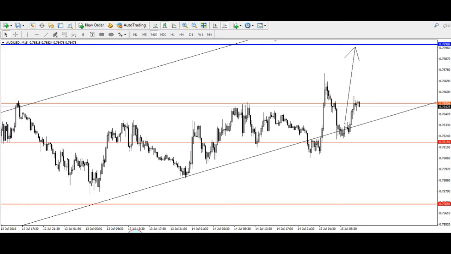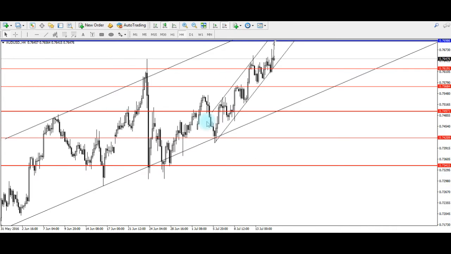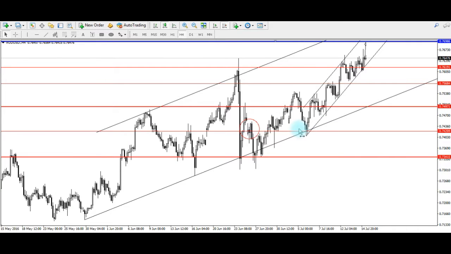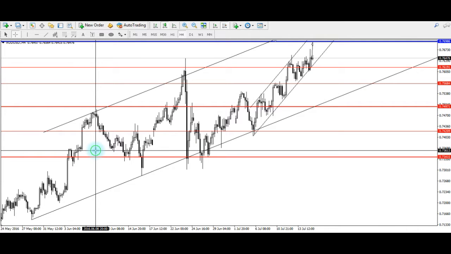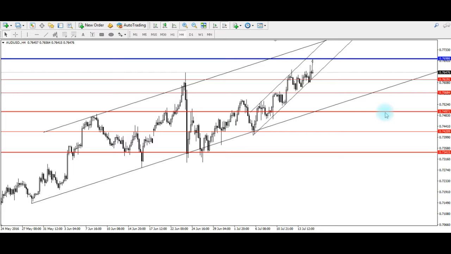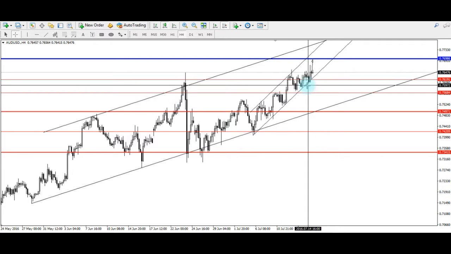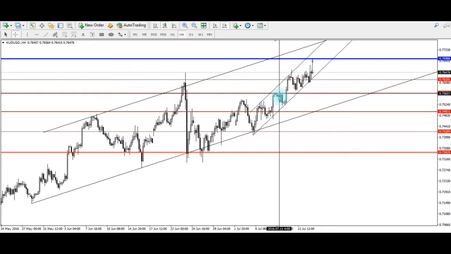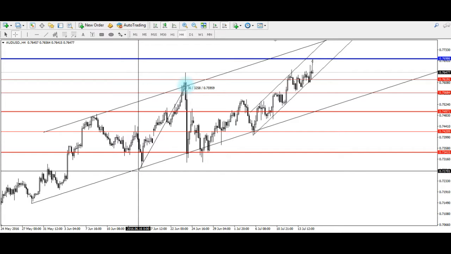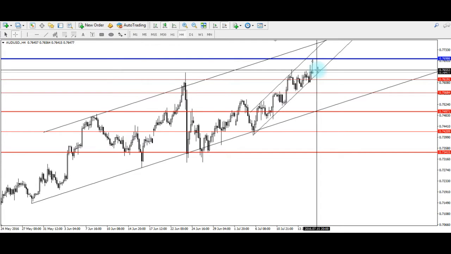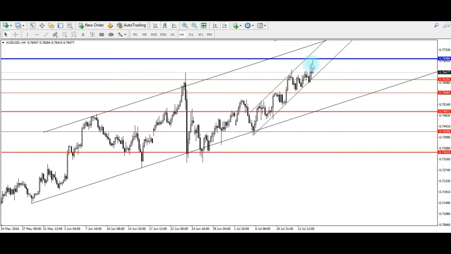And let's just touch on the Aussie against the US dollar. So we have been seeing that the price has been appreciating within a rising trend channel, although the trend has definitely weakened a lot as compared to the previous one. This is very fast, but this is getting very slow. So there's a lot of signs of exhaustion. Do believe that partly it is also because